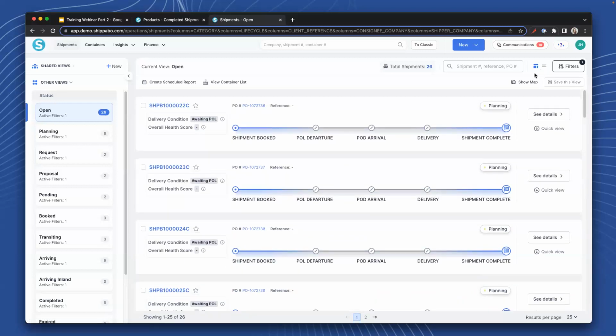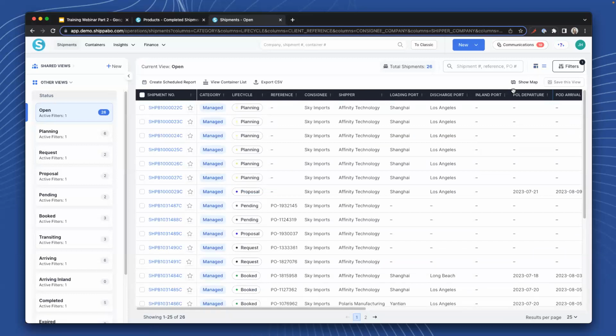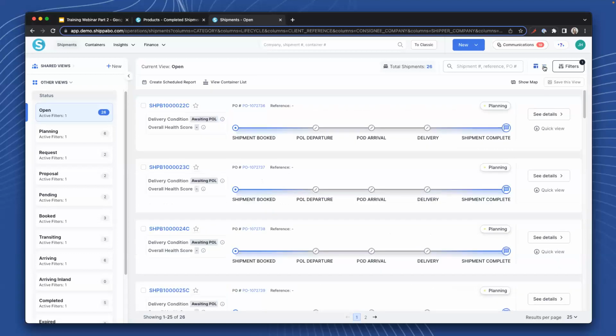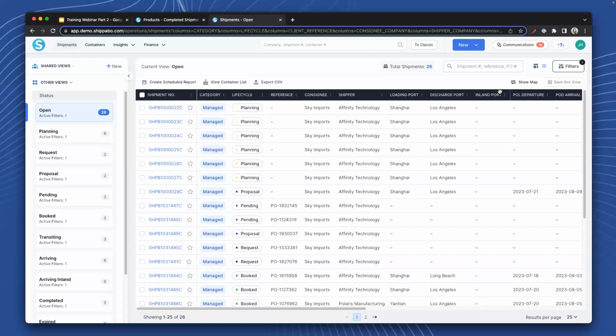So as you can tell, these two different viewing options really have different use cases. If you're trying to come in here and really get a more zoomed out perspective of your shipments, viewing the timelines, that's a great way to use your hybrid card view. Now, if you're really looking to drill down on particular data points, use the different filters available and see a lot of data as far as like what people are doing in your shipment and these various details, then your list view is definitely going to be a good option for you. So that's just a little bit of an overview on some different ways that you can utilize the different views